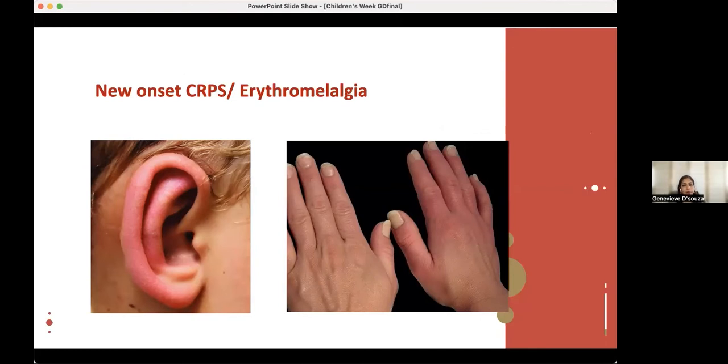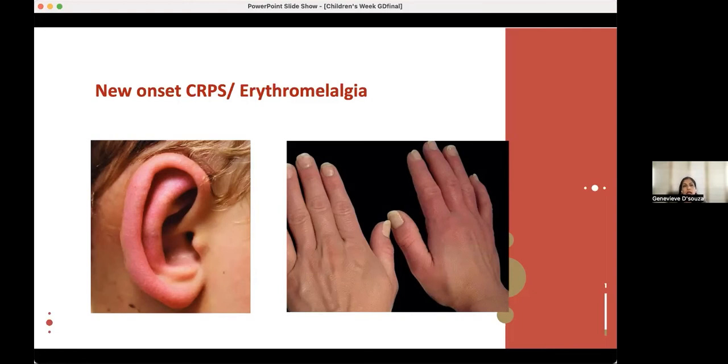And the one on the right shows CRPS, or it could be erythromelalgia. Just by the picture, you can't really tell. You need more of a history and a physical. But in CRPS, there's also temperature changes where the hand,